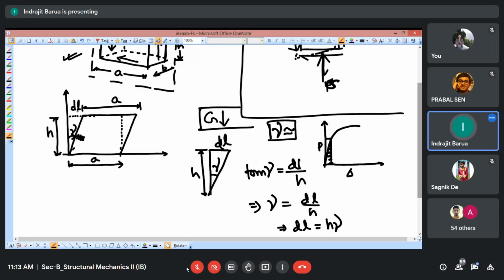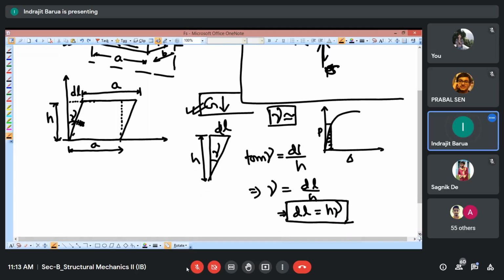We needed that because this DL is something which we have named, right? But with respect to this G, I will not be getting DL. That depends on different things. If the material or this height was something else, then I would get a different amount of DL. So this is dependent on the dimension we are taking. But in the closer scenario, this G is directly related to this gamma. That's why I am getting my DL in terms of height and gamma. Anyways, you can understand this relationship obviously.